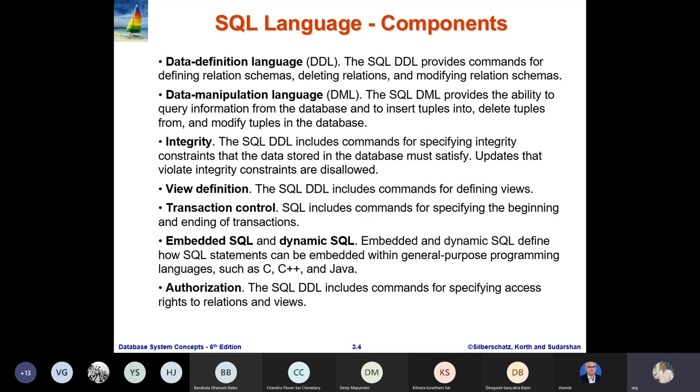And there are things like embedded SQL or dynamic SQL that define how an SQL statement can be embedded in a general purpose programming language like C, C++, Java, and others, right? So where I can fire the SQL statement while working on some higher level things. Those are different aspects of embedded and dynamic SQL. Some part you will see when you do the lab,